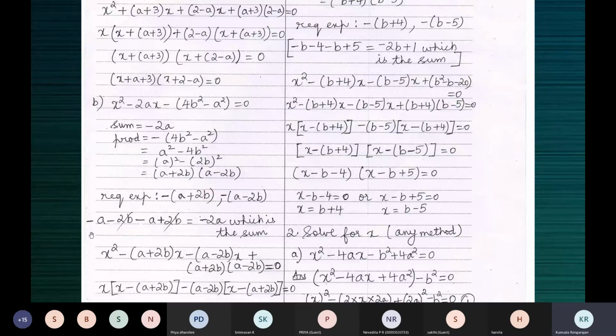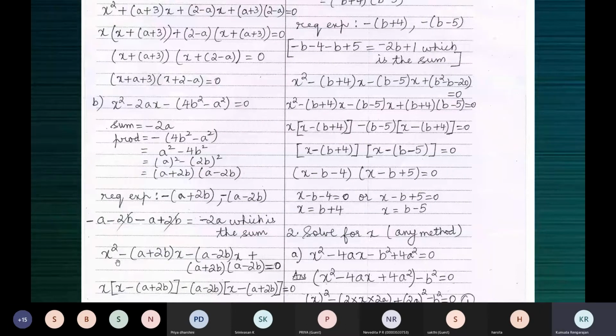So writing the first term x square, and the last term, instead of this, we write its factors: plus a plus 2b into a minus 2b. Now the middle terms, so we fix the signs here. And we know that these two give us the sum minus 2a. So write this one here, x, and write this one, x is equal to 0.